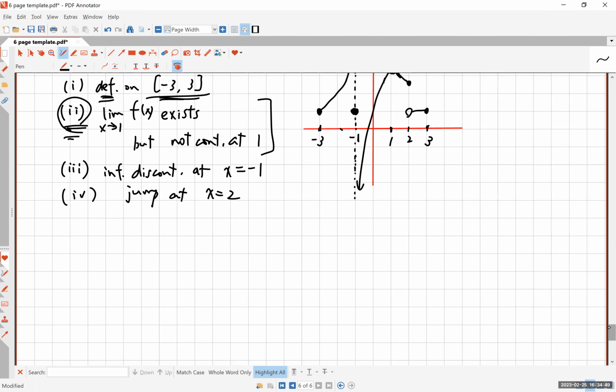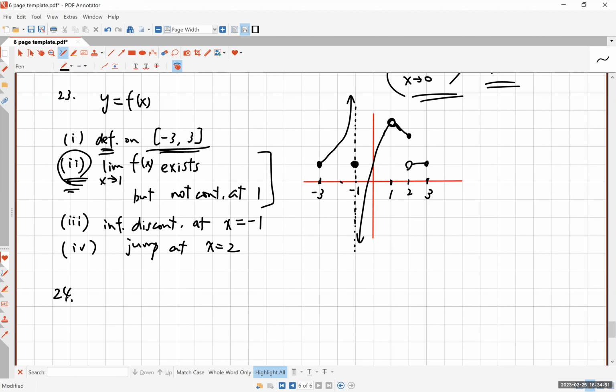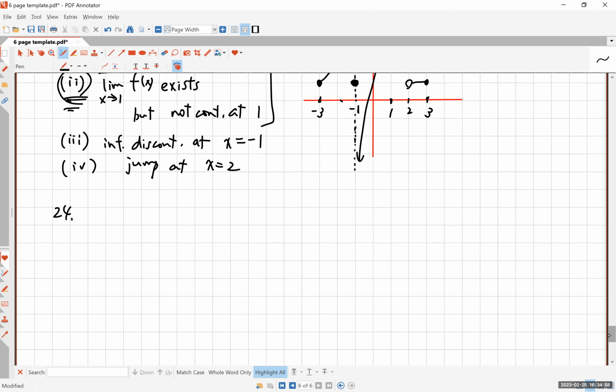All right, the very last question is number 24. I am not sure if I will require you to know the precise definition of a limit. So what we want to state is the mathematical definition of the statement limit of f(x) as x approaches a is equal to L, if and only if what. And so the answer, of course,